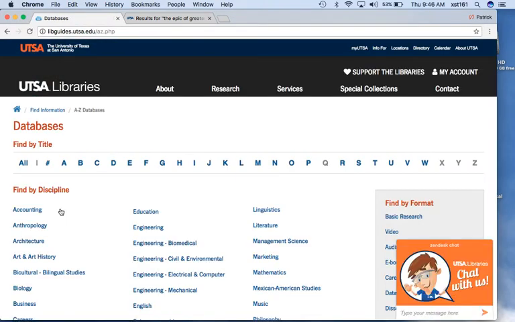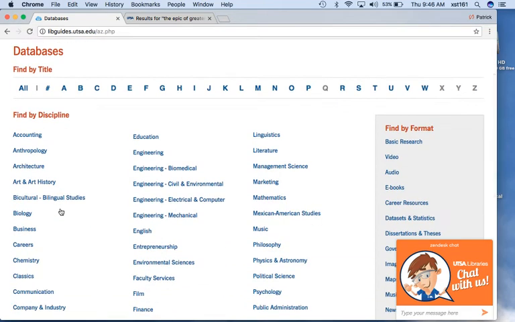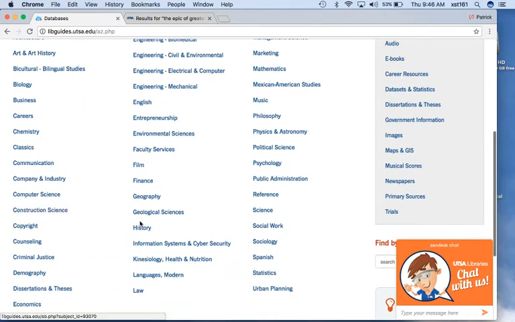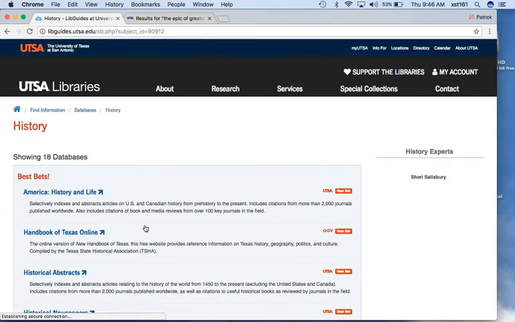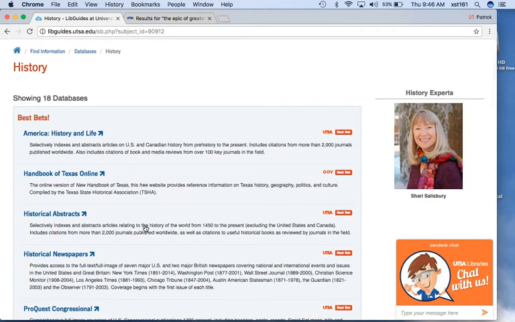And one of the things that you'll notice is there's a ton of databases: music, philosophy, engineering, classics. It's not just history. I'm telling you, we have millions of dollars worth of databases in our system. It's pretty incredible what you have access to. So anyway, you go into databases, then you find history, you click history, and then what Sherry has done is